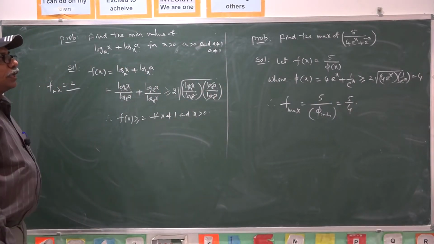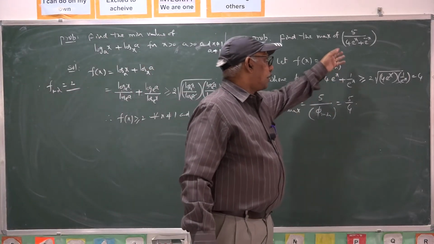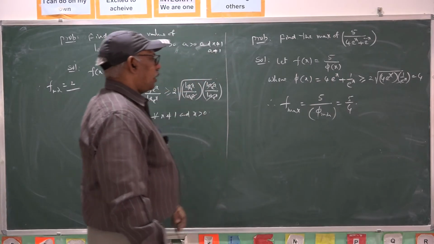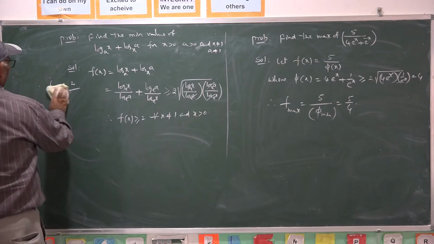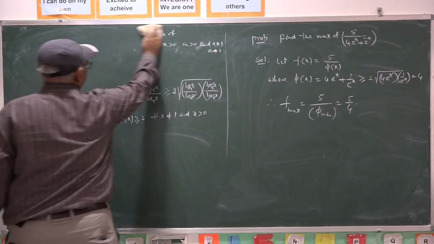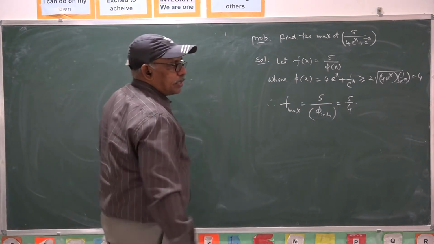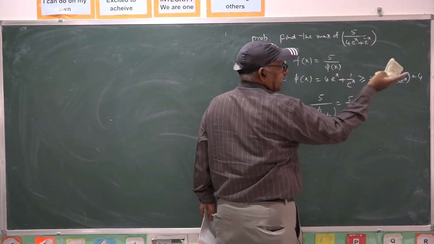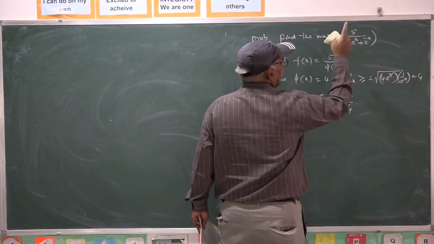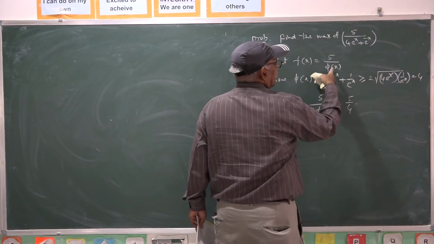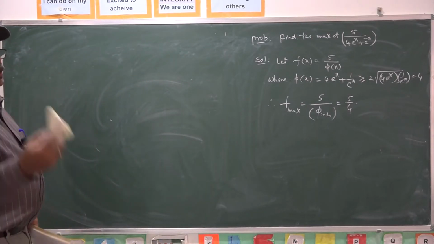So, like that, you can apply this to find either the minimum or maximum of a function. This inequality, arithmetic mean is greater than or equal to geometric mean, is very useful. Once the function is minimum, its reciprocal function is maximum. So, I am finding this minimum, and its reciprocal function is maximum. Hence, I am taking the minimum value of the denominator. Once the denominator is minimum and the numerator is constant, the function is maximum.